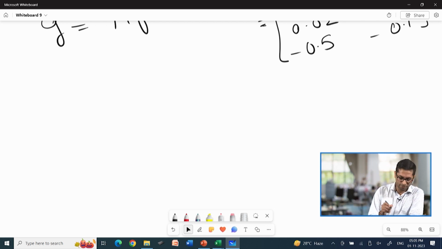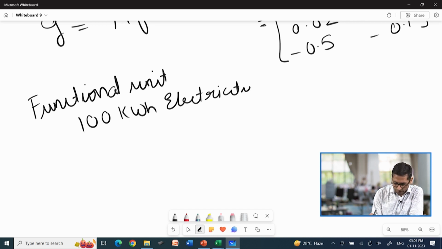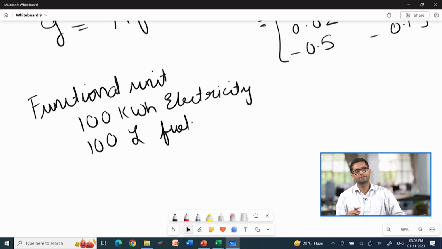What if I now want to update the function unit such that it leads to 1000 kilowatt hour of electricity, 100 kilowatts of electricity and 100 liters of fuel? So I want two outputs, which take into account not just the electricity, but also some amount of fuel production. I don't need to worry, I just need to update my matrix and do the